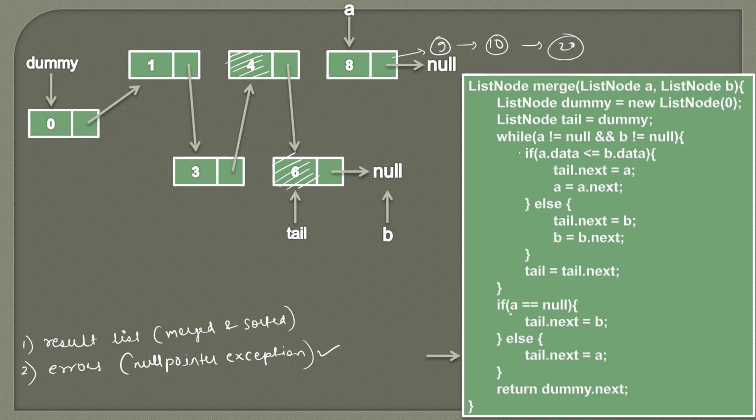So here you can see if A got exhausted, B comes into the picture and we assign all the nodes of B to tail's next. If B got exhausted, then we are adding all the nodes of A to tail's next. So here B got exhausted and we need to put, let's say, this node into the list. So at the last step what we do is we assign A to tail's next. Tail is pointing to 6, its next is pointing to null. So if we assign A to it, this will go away and there will be a link from tail's next to A like this via this assignment.